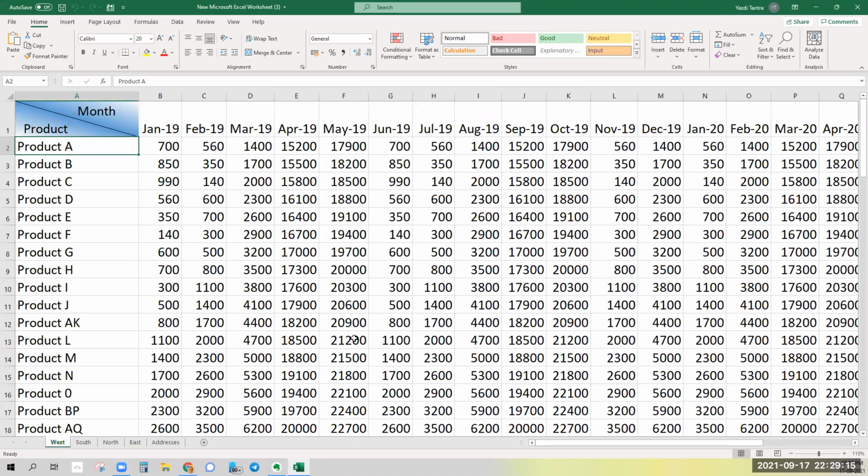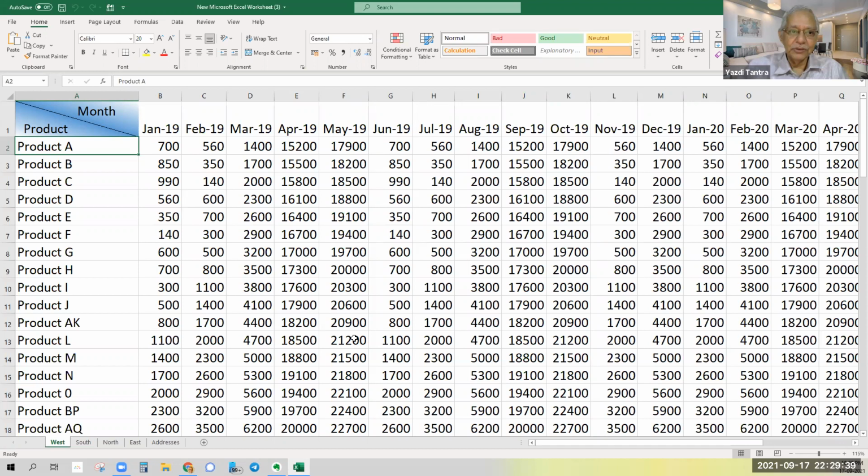So product A in west, south, north, east, and you want to make one sheet at the end which picks up the totals from west, south, north, east and gives it as a grand total. Can you do that? Of course you can do that. That is what Excel is for. You forgot this, we have covered it.